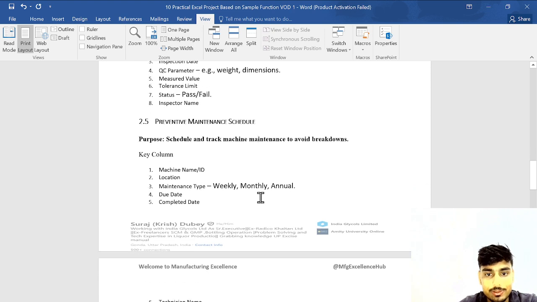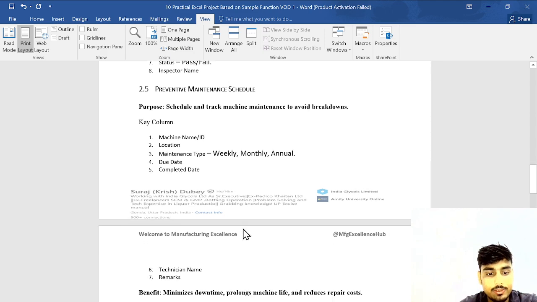Preventive maintenance: schedule and task machine maintenance to avoid breakdown. Key columns: first, machine name and ID. Second is location, maintenance type (weekly, monthly and annually), due date, completed, technician name,